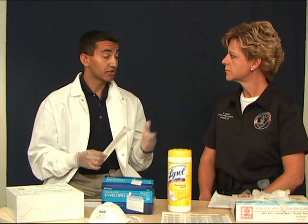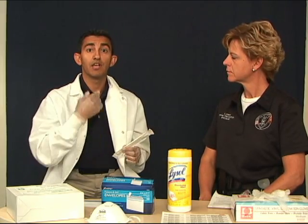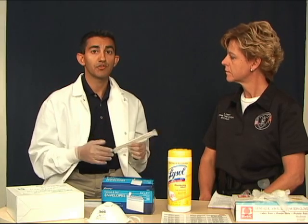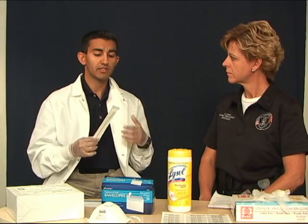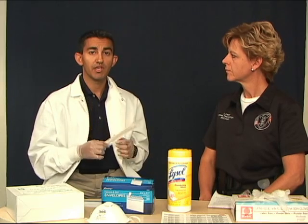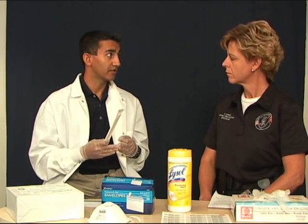Other than that, when it comes to collection, you also don't want to brush your teeth either. Again, the same thing. Brushing your teeth will wash away the cells that have collected inside your cheeks and on top of your gums. So since we want to get the maximum amount of DNA on the swab, it's important to make sure that you haven't brushed your teeth, and you haven't eaten or